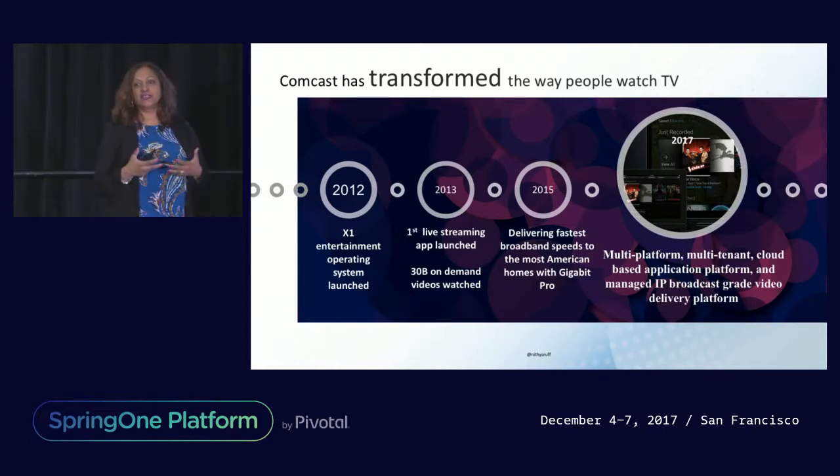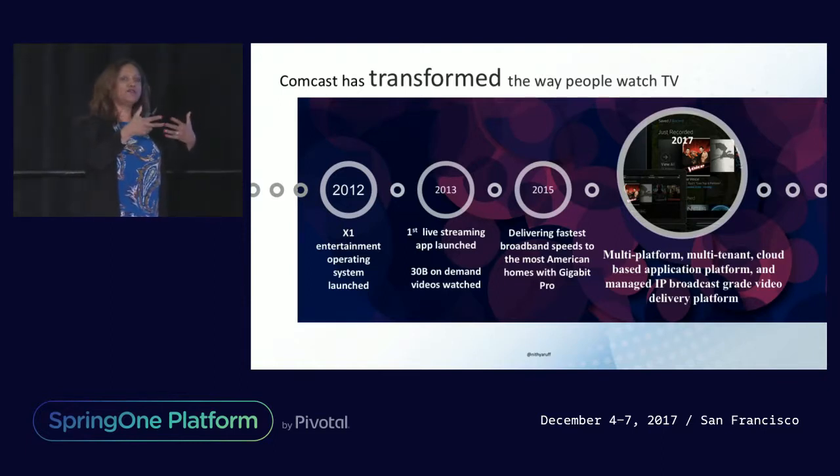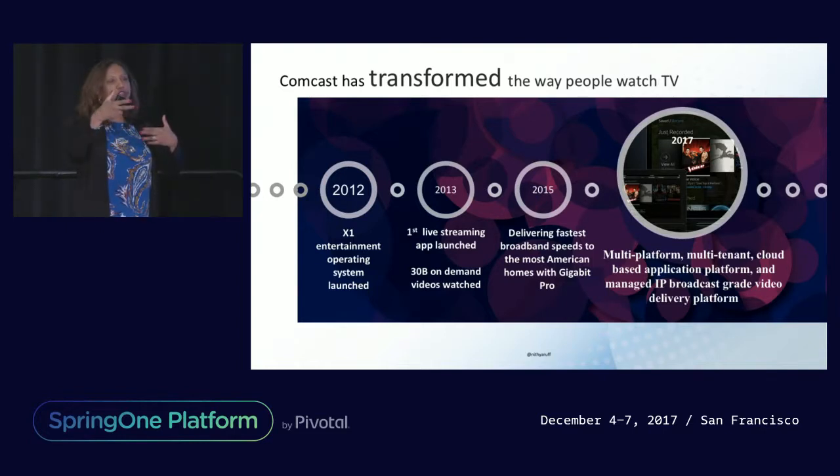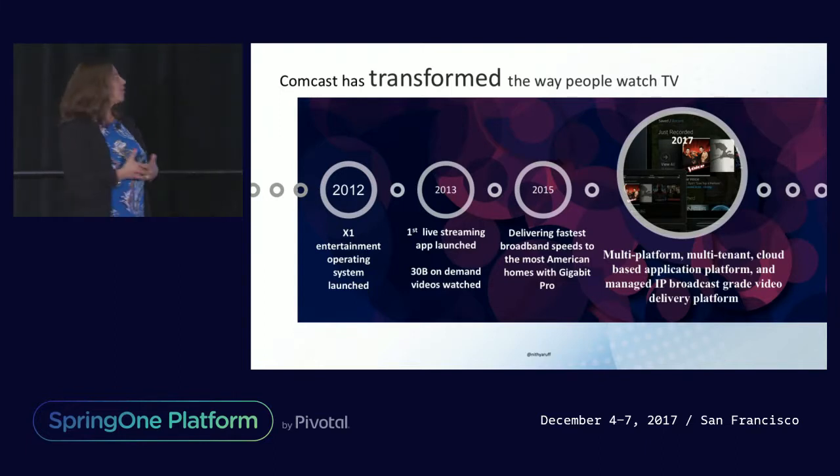And it was transformational in our house, I know, and in many, many households, when X1 came out and we had a voice remote where I could search using a very natural, intuitive interface like voice for aggregated content and content that was curated across all of these modalities, Netflix, YouTube, as well as your cable. And frankly, you often find that the past season shows are in one place and the current season shows are in another place. And you also find that 3 or 4 channels are offering a show at different prices. So I have an opportunity to actually search and consume my content in a more effective fashion.